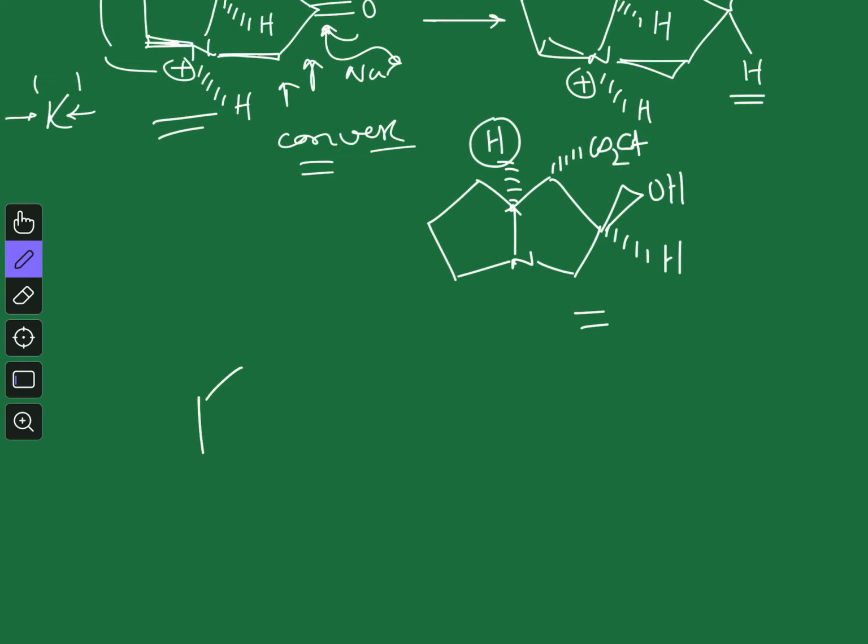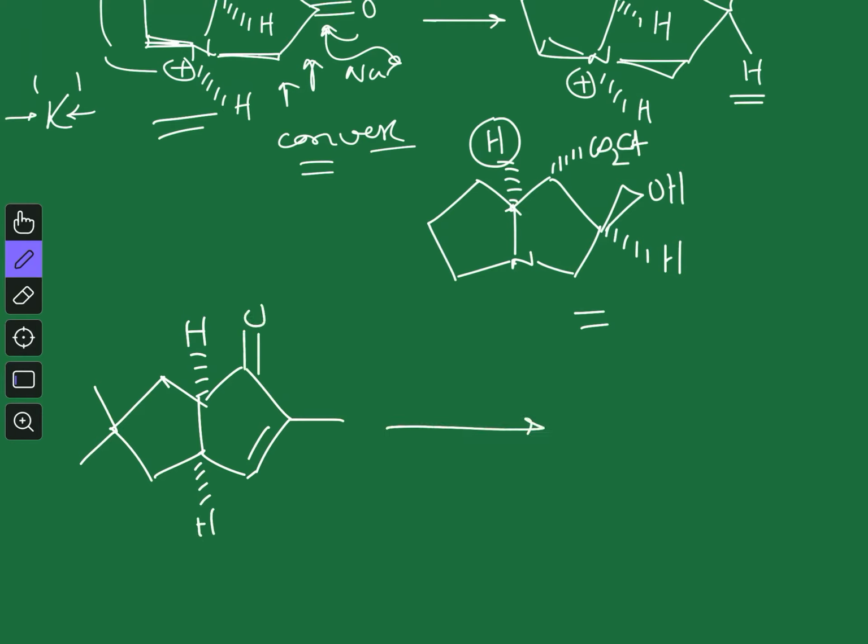You can see this is our next example where you have this kind of molecule, and here again two hydrogens are there which are below the plane, and here you have the carbonyl group. In this case it is reduced with DIBAL-H, diisobutylaluminium hydride, you know it. So DIBAL-H will reduce this carbonyl group, and here again two phases are there, one is top phase, another